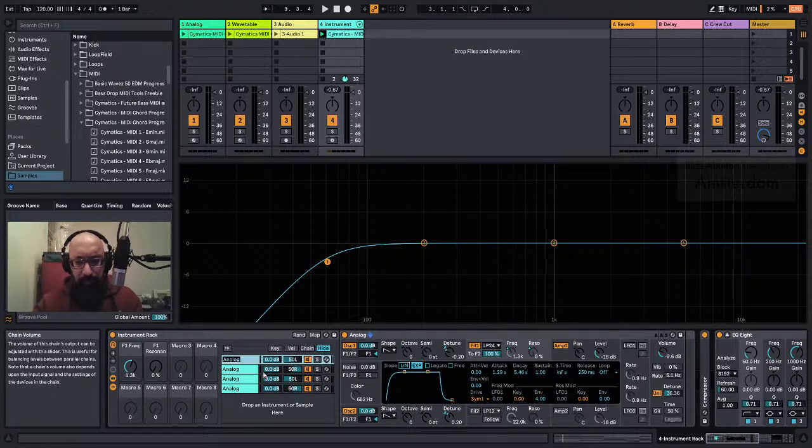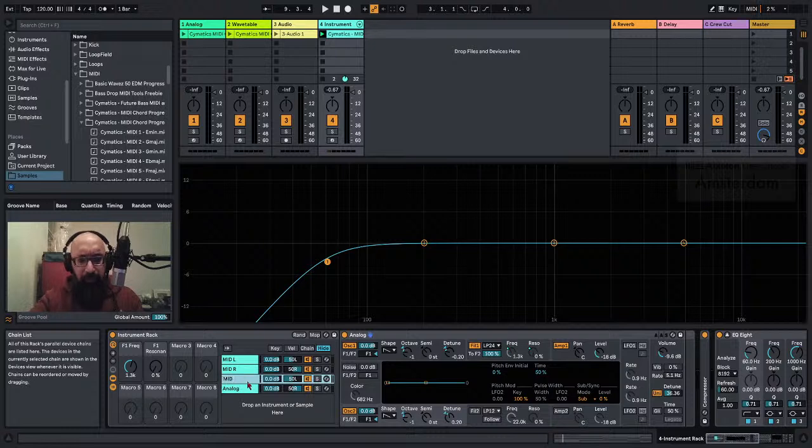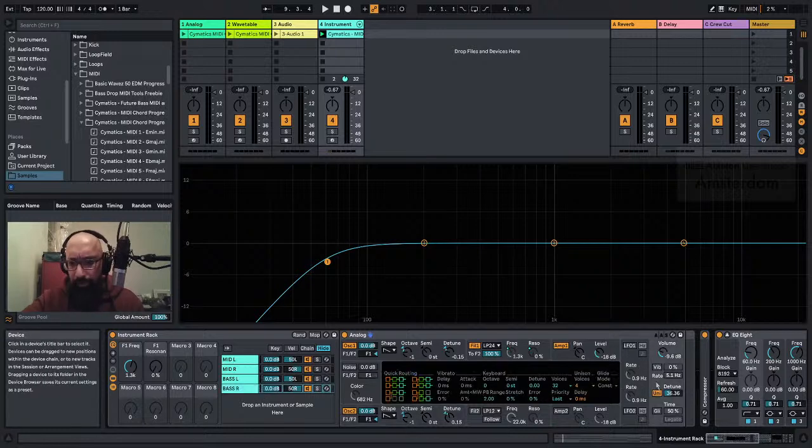So that is mid, left, mid, right, bass, left, bass, right. Now, to remove the mud a bit, I would reduce the unison down